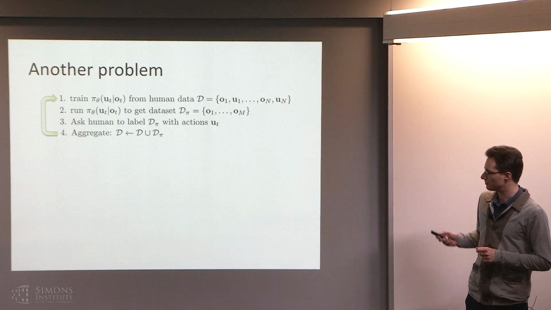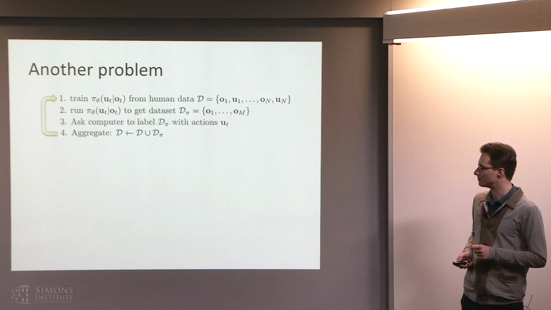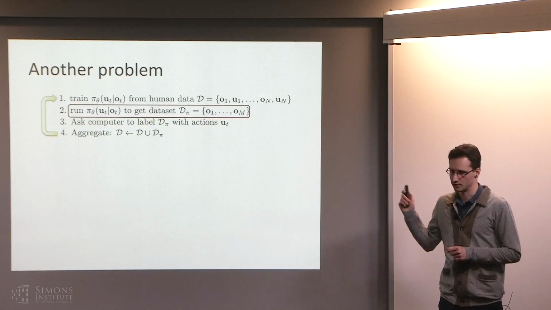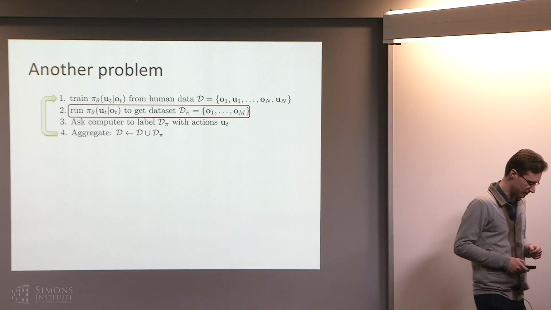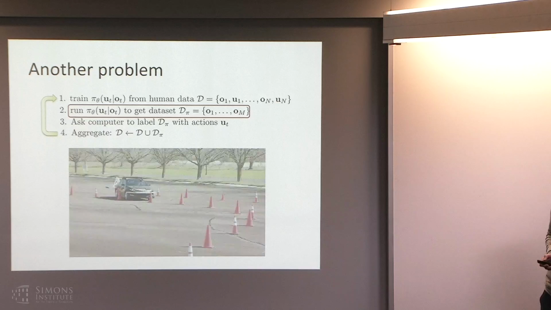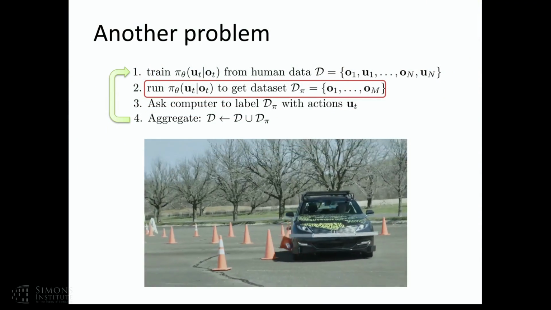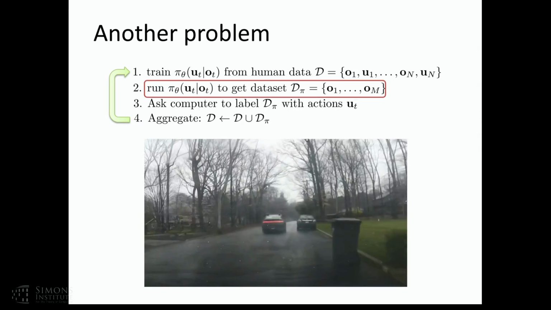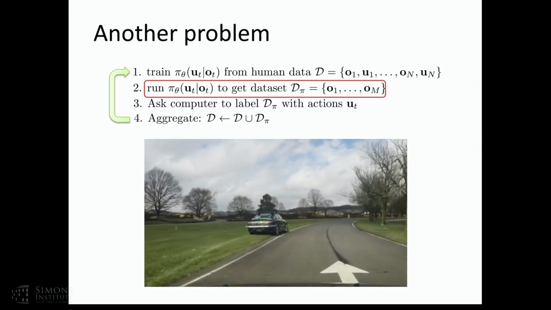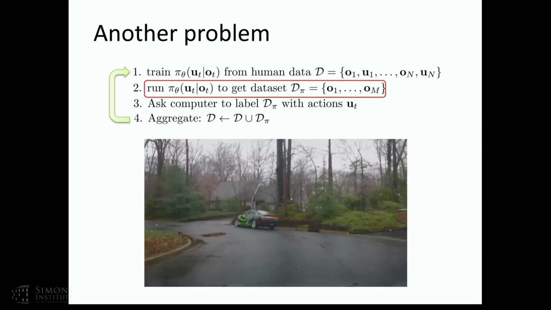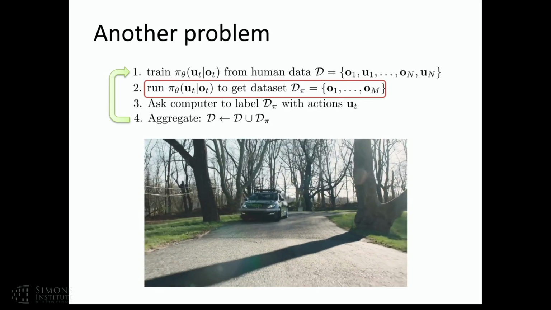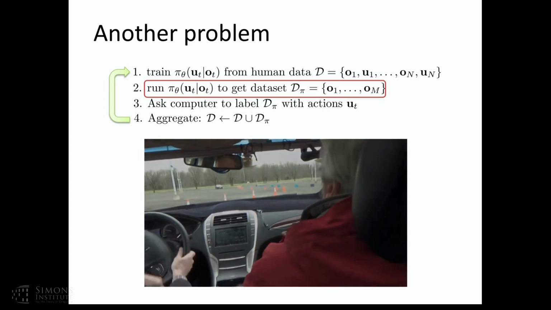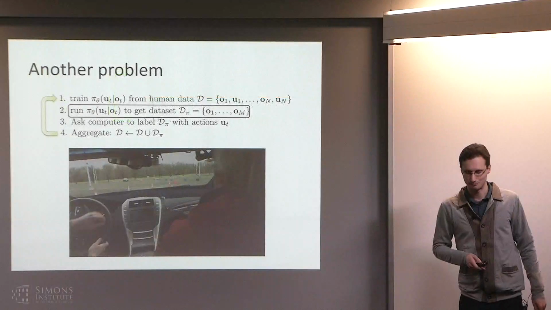And the problem is this: besides needing to get actions from the human, you can fix this by getting the actions from the computer, but you also need to run pi theta. And this can be a bit of a problem. So if you remember this video from earlier, if you initially have a bad policy pi theta and you run it on your car, it's going to do this stuff. If you have a person sitting there with a button, that's okay. Maybe the person can stop it. But if the vehicle is autonomous and is just learning in the real world, then this can be pretty bad.